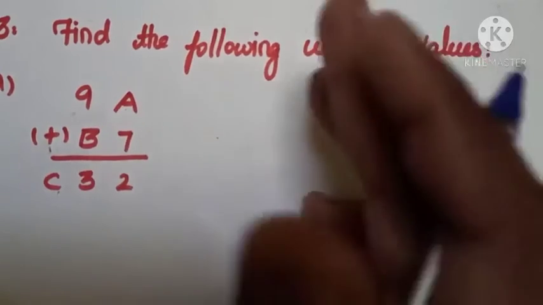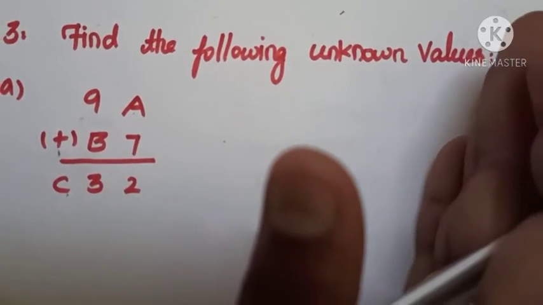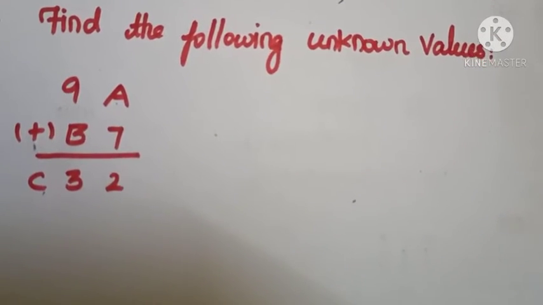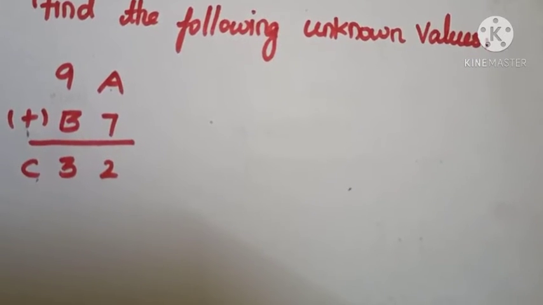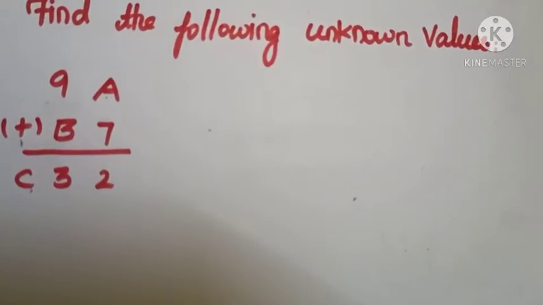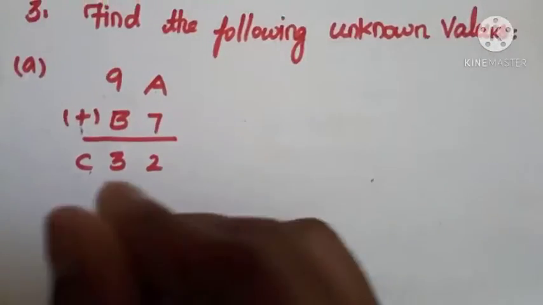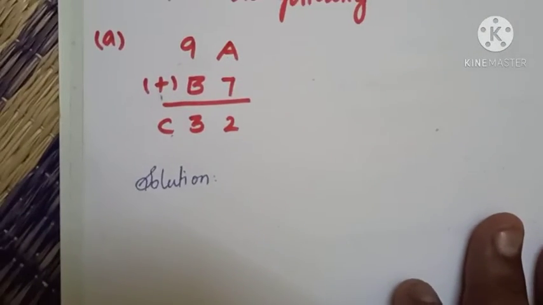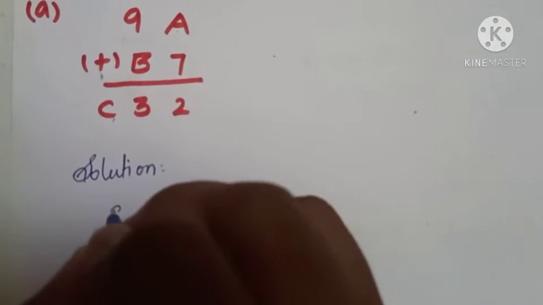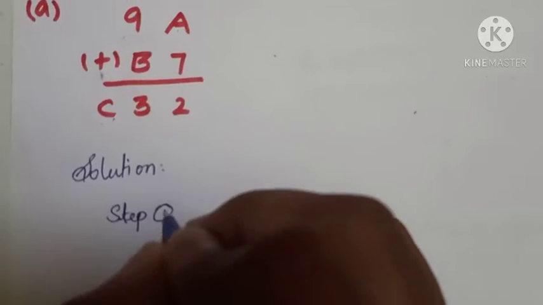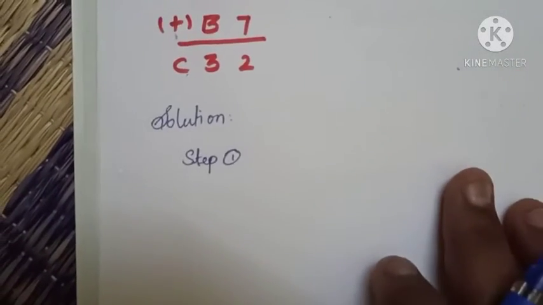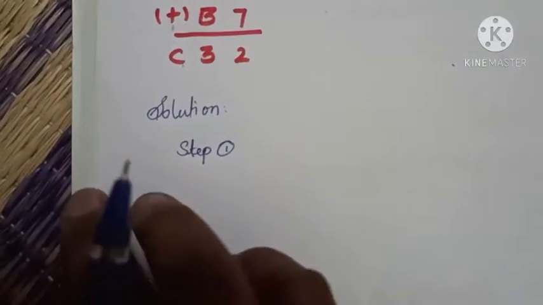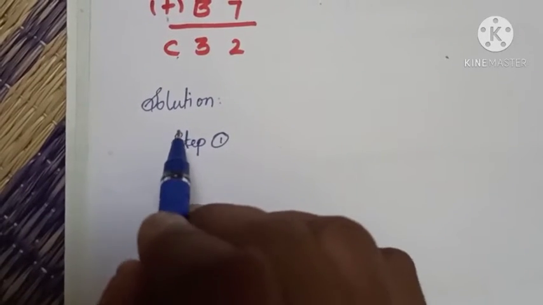separately. So place-wise you need to take first the ones place and then the second place afterwards, and you give a guessing value, which is the possible value to get the given values. Okay, so in a solution you get clarity. So first, step 1, you write the question. You want to maintain this procedure as it is in your examination. If you directly write only the answer, you won't get any marks. You want to write the steps properly.